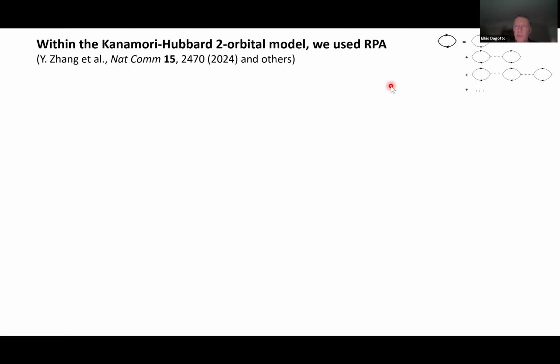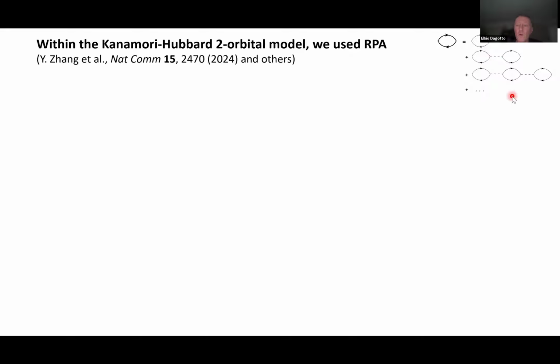This is the multi-orbital extension of the canonical one-orbital Hubbard model. We use RPA, the random phase approximation. A 10-second reminder: the random phase approximation is, if you work in momentum space and consider the electron-hole bubbles, where the dashed line is an interaction, then you pick up a subset of Feynman diagrams. You pick up the ones that you can add up because it's a geometric series: one bubble, two bubbles, three bubbles, and so on, and that generates